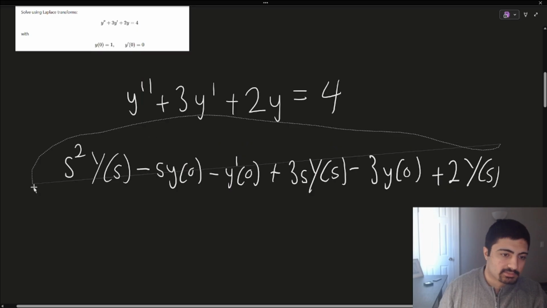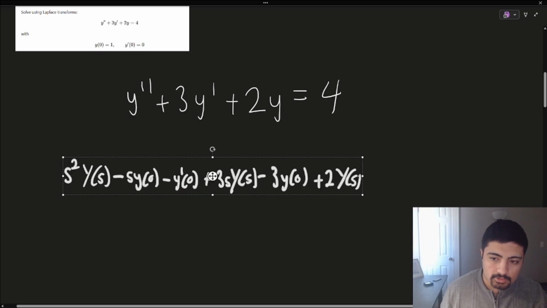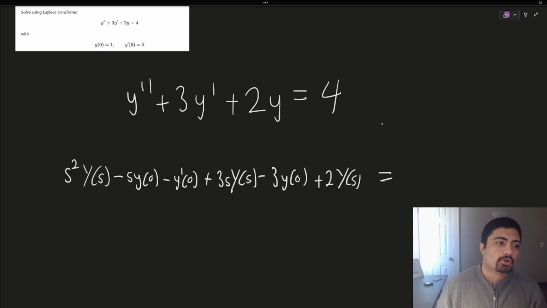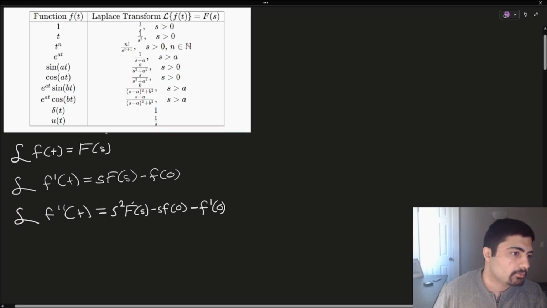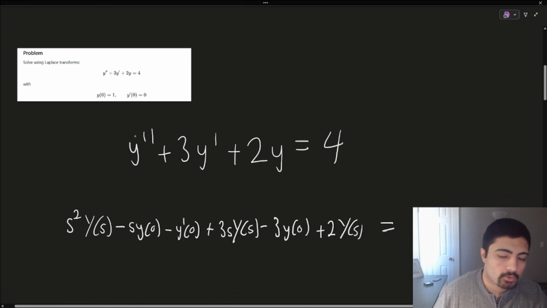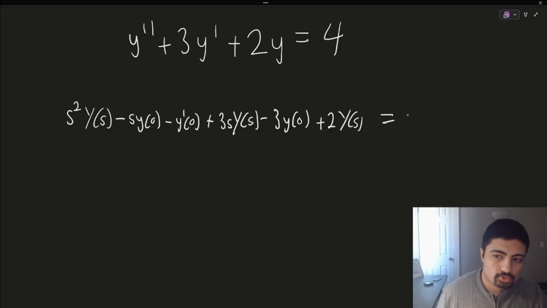Let me write this a little bit smaller so we can fit this in. The Laplace of the right-hand side is going to be, so what is the Laplace of a constant? You should definitely know the simple ones like this one. The Laplace of a constant is 1 over s. The first time it might be a little hard to memorize all of these, but please do try to memorize them. At least some of them you should know. So we're going to write 4 as 4 times 1, and the Laplace of 1 is 1 over